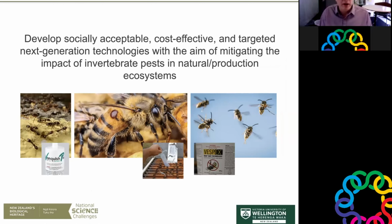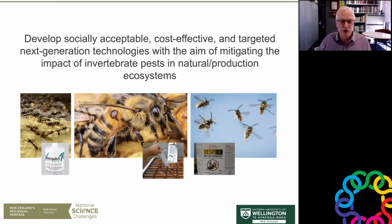I'll start off, so I'm an entomologist. I've been here at Victoria University for the last 20 years or so. We work on social insects. So primarily we've done a lot of work on things like Argentine ants. These are some Argentine ants in a beehive here. We've worked quite a bit on wasp populations and also on bees and their parasites, like this little one here,